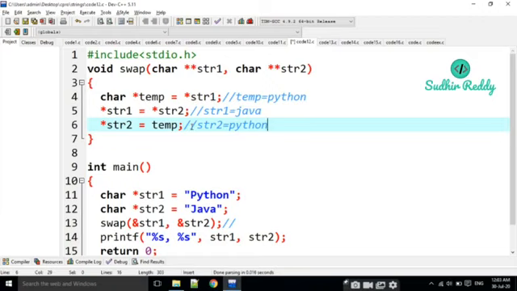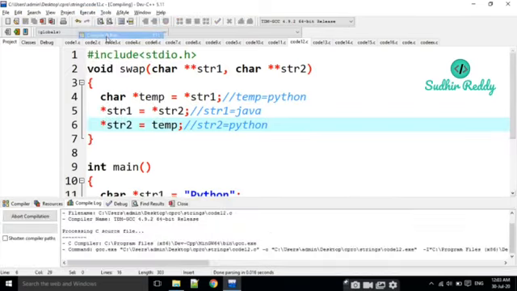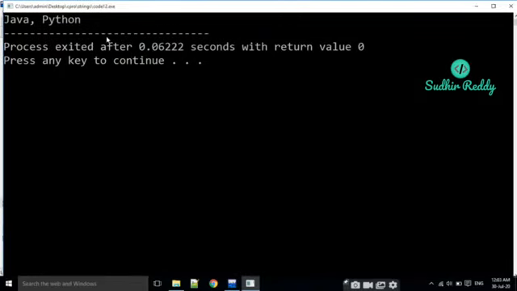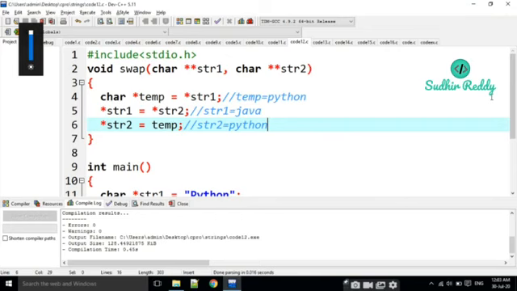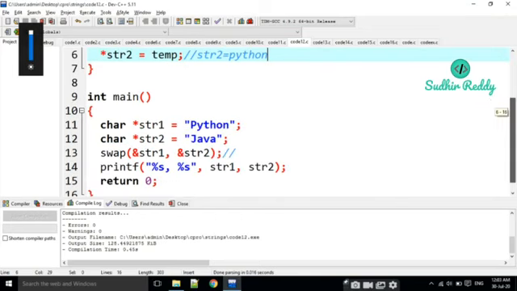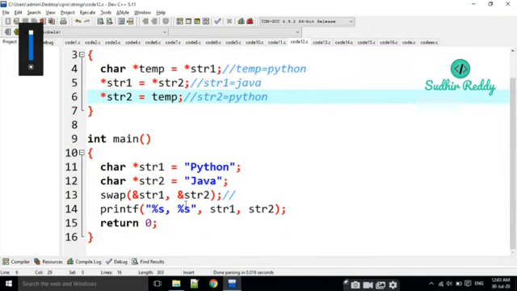That means we are exchanging the values by the address here. If I execute it, the values are interchanged here. Whatever values you modify in the function are applicable in the main function also. Why? Because we are passing the address of the whole string instead of passing only one character.